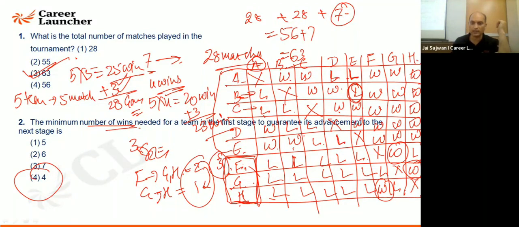So how many wins are there? How many wins are there for D? I'll say 5 wins are there. How many wins are there for E? There are 5 wins for E. How many wins are there for C? 5 wins are there. How many wins are there for B? 5 wins are there. With A, it is 2 plus 3, 5. All of them are winning 5 wins. So with the 5 wins, even they can get into the next round.